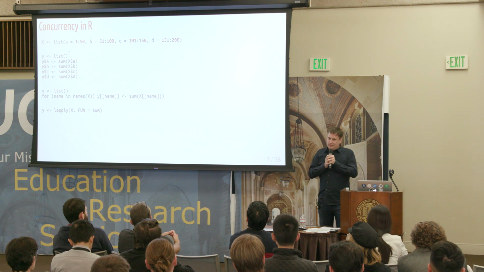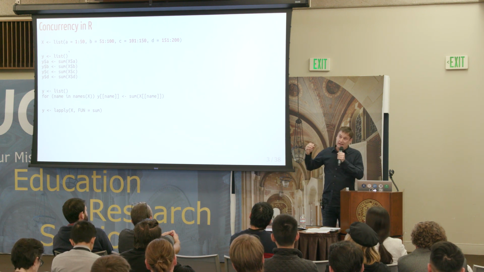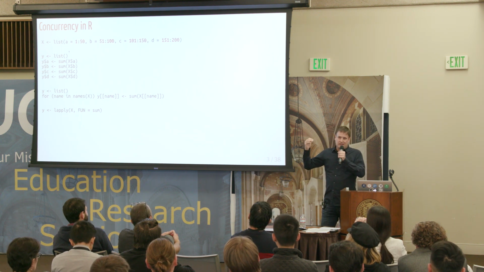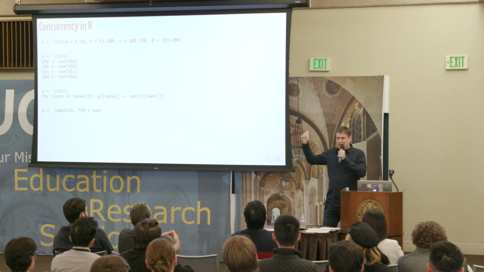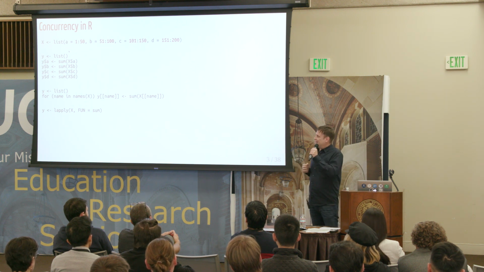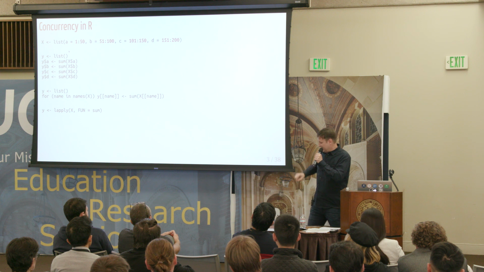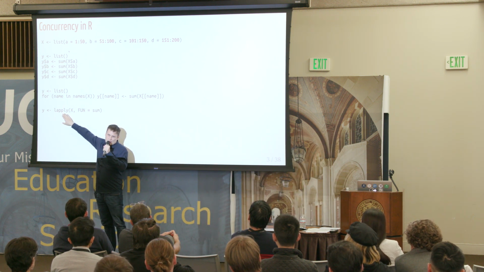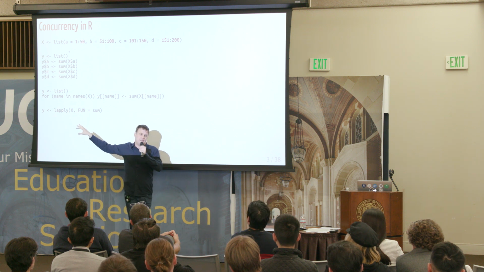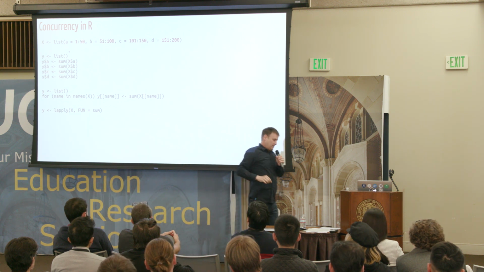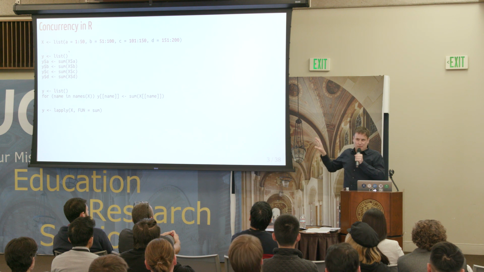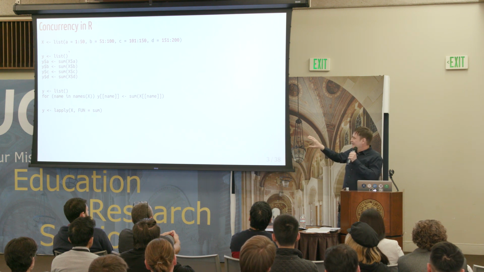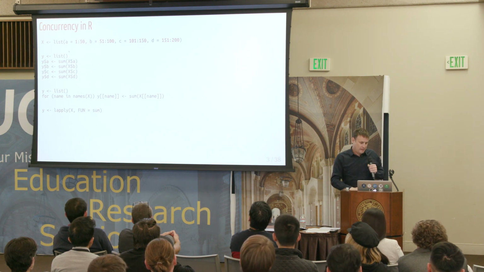If you think about this, if you're only interested in Y and not how we got there, the ordering in which we sum up A, B, and C doesn't matter. We can do it D, C, A, as long as we keep track of the order in the end. So with lapply, we don't really need to know in what order things are happening. And they actually claim that too: don't pay attention to the ordering here. It's applying this to A, B, and C.